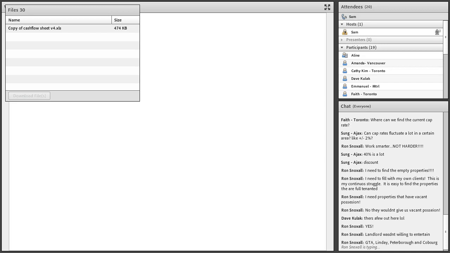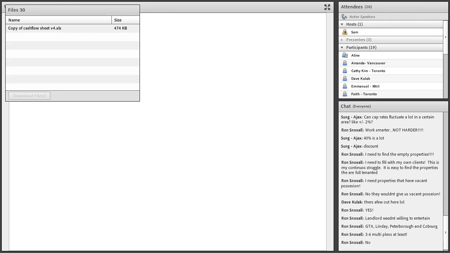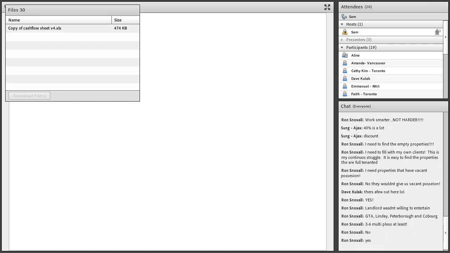GTA, Lindsay, Peterborough, and Coburg. Okay. So anybody that's looking in these areas, or if you want to look in these areas, Ron's interested in these properties. Ron, do you want to give some detail on what you're looking for? So this is an opportunity for anybody looking in these areas. Obviously, they've got to be able to cash flow, make money. But if you're looking to wholesale or flip a property, or even have an opportunity for a joint venture with Ron, if you find properties in the GTA, Lindsay, Peterborough or Coburg,